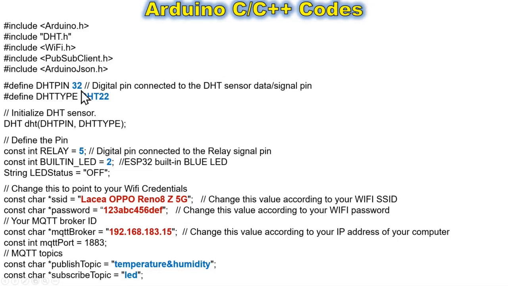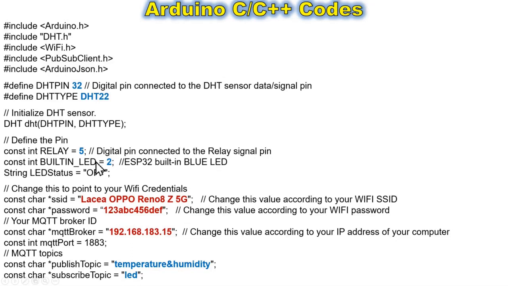Next, I declared a constant variable named relay and assign the number 5, as the relay signal pin is connected to digital pin number 5 to switch on or off the LED bulb. Next, I assign the number 2 to the constant variable named built-in underscore LED to turn on or turn off the built-in ESP32 blue LED.